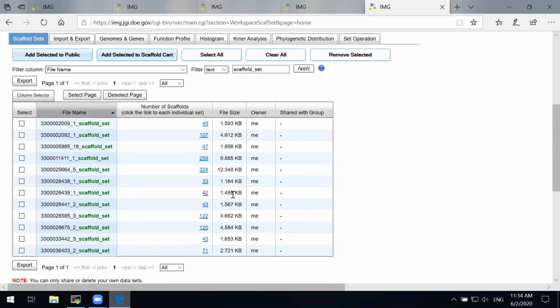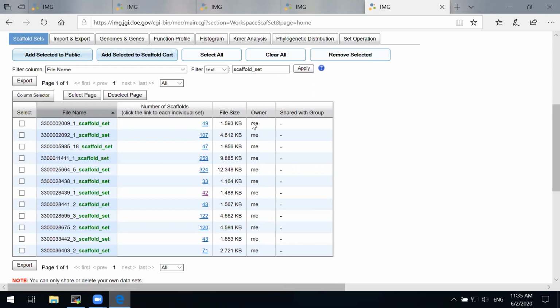This tells me that the bin with only 3 scaffolds is very well defined and well assembled, while the one with 324 is kind of suspicious because it is probably highly fragmented, as many of the scaffolds in this bin are very, very short. So now that we have these bins